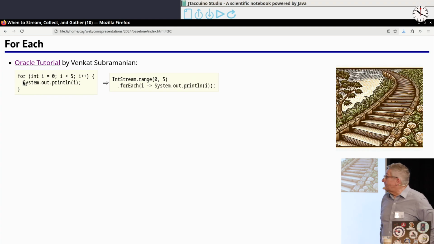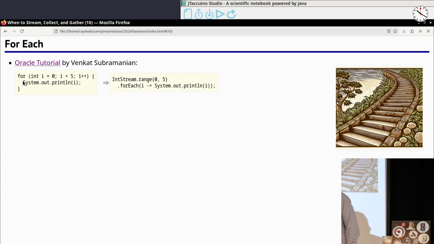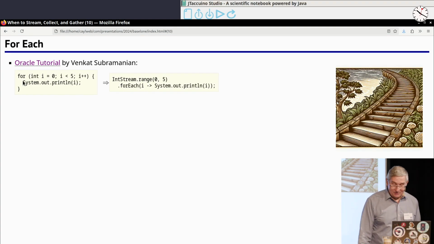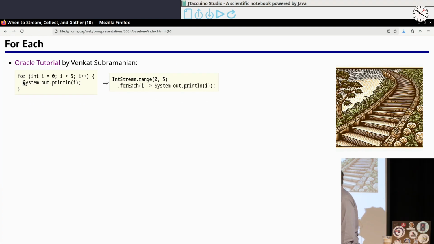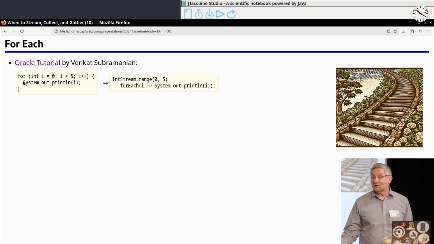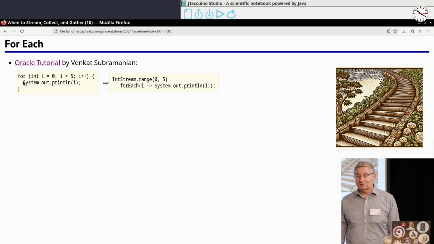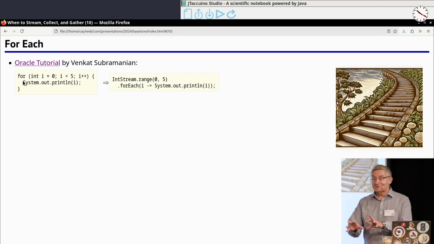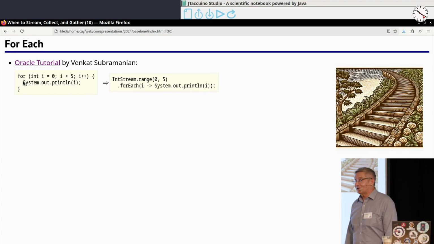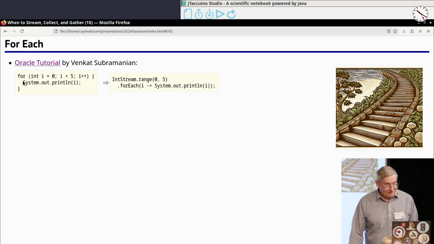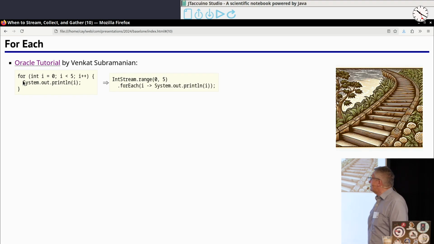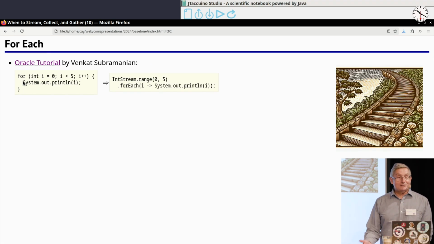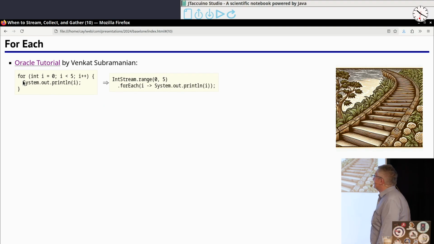All right, so I got kind of interested in this because of this discussion I had with Remy, and then a few weeks later I saw that Oracle has a bunch of tutorials on a site called dev.java for beginning programmers, and one of them was written by Venkat Subramanian, this fantastic speaker who doesn't have any slides, and he just talks and codes at the same time. He had a series of blog articles in there on how to rewrite your code to be functional.